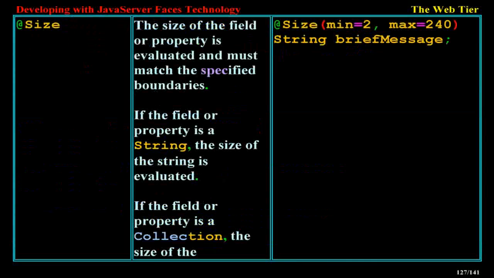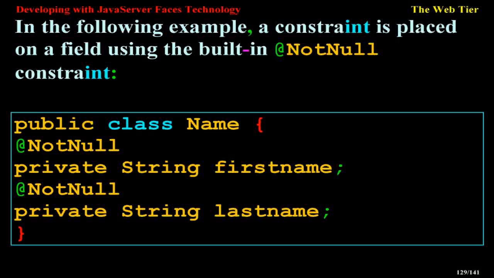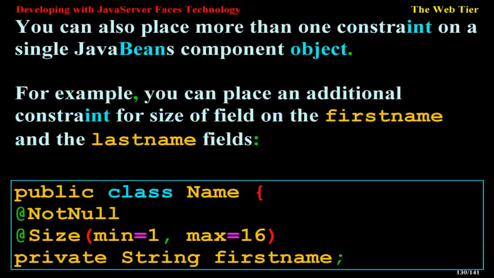String briefMessage. In the following example, a constraint is placed on a field using the built-in @NotNull constraint. public class Name { @NotNull private String firstName; @NotNull private String lastName; }